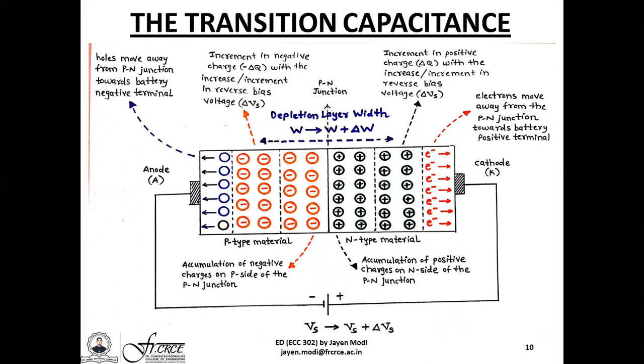Technically speaking, both capacitances are called the junction capacitance because the entire PN junction diode structure now behaves like a typical parallel plate capacitor. Assuming that the diode structure has a uniform symmetry, that is, the body is completely symmetrical between the anode and the cathode, this can be likened to a parallel plate capacitor having the capacitance given by C = εA/d. Here epsilon refers to the permittivity of the dielectric material, which for the PN junction diode is taken to be the depletion layer region, and d is the depletion layer width.